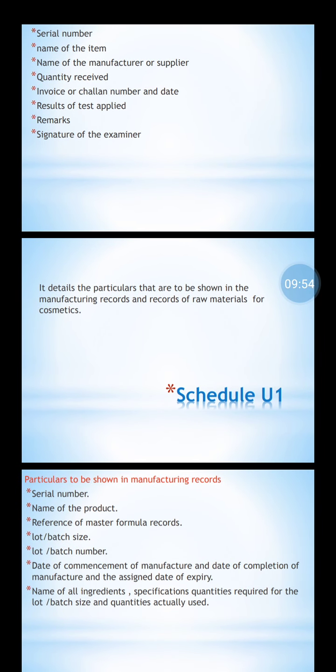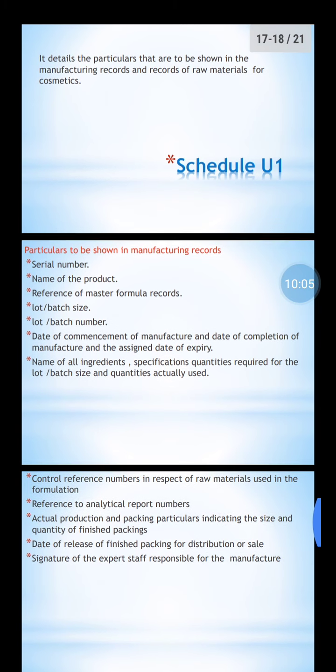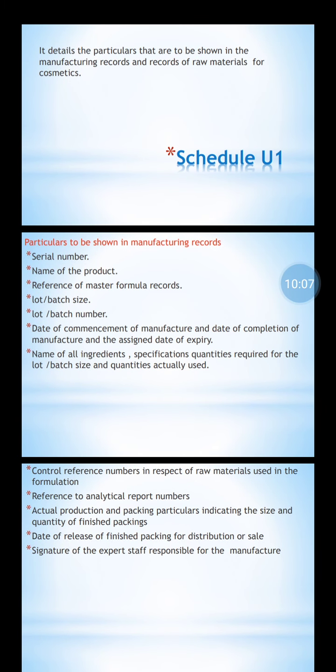Then Schedule U1. What is Schedule U1? In detail, the particulars that are shown in the manufacturing records and records of a raw material for the cosmetics. In this Schedule U1, the particulars to be shown in manufacturing records: serial number, name of the